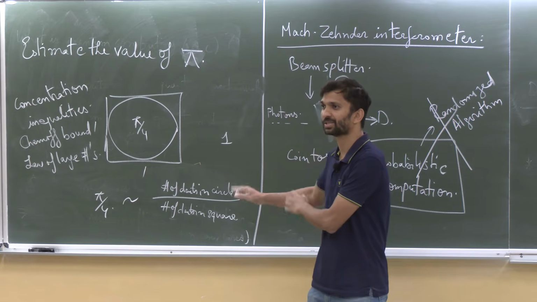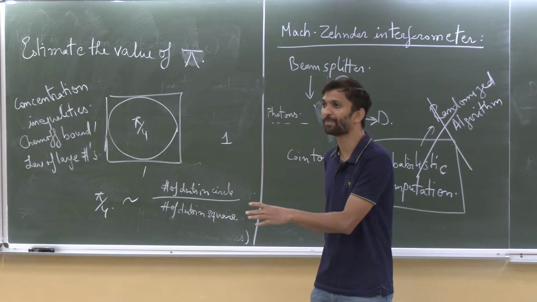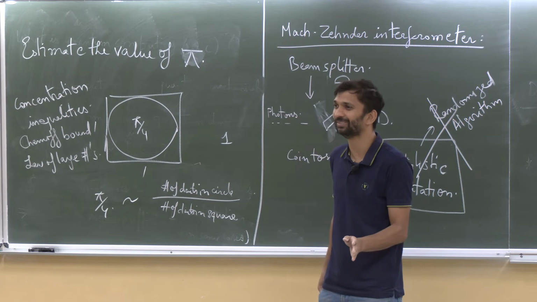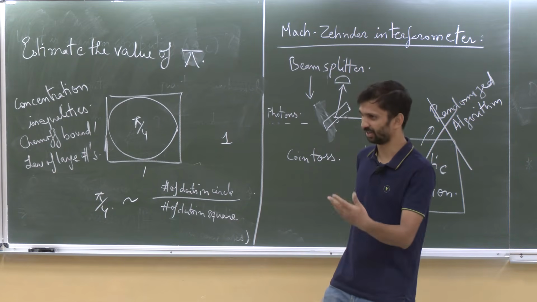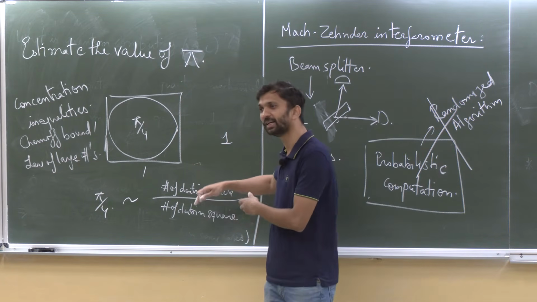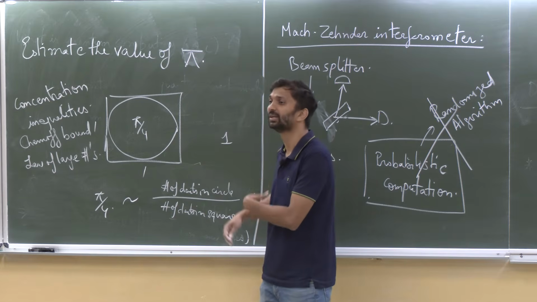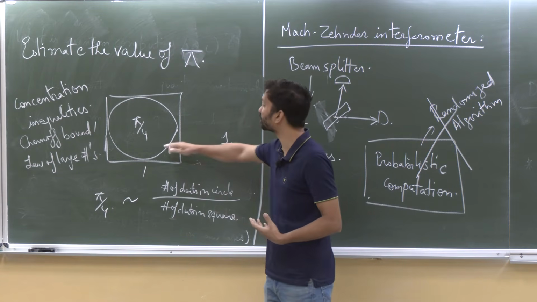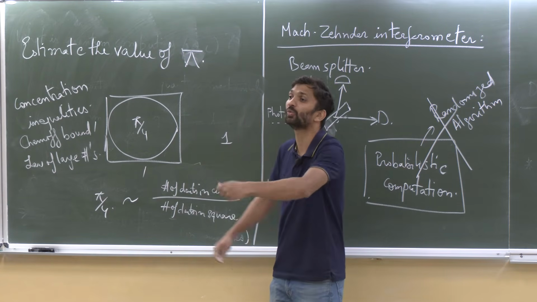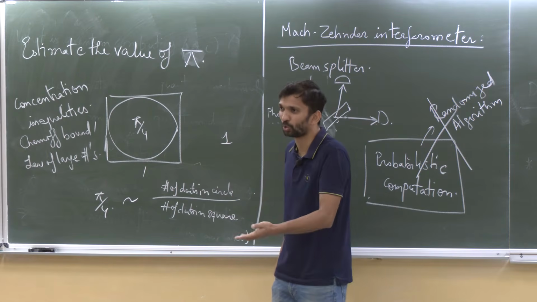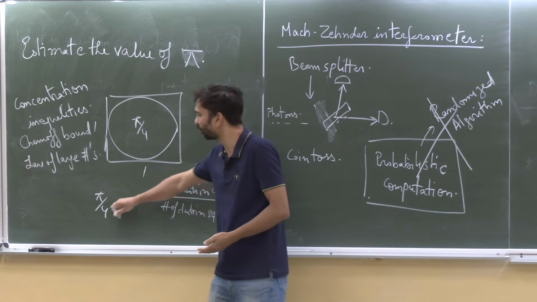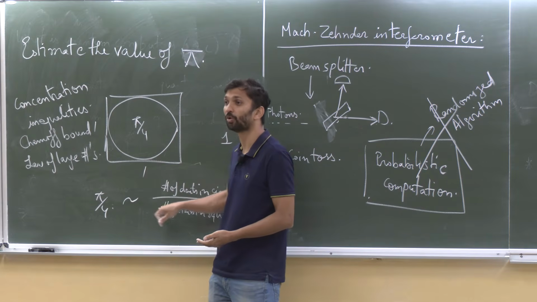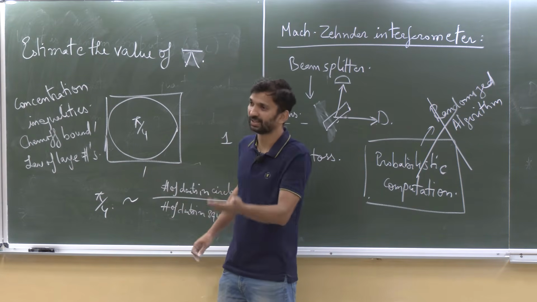So I'm not saying this is the best randomized algorithm. This is the simplest randomized algorithm which everyone can believe easily. If you go into the detail, you have to answer how many darts you should throw so that it is 0.1 close to pi or 0.2 close to pi. So the number of darts will depend on what approximation factor you want here and what probability of success you want.